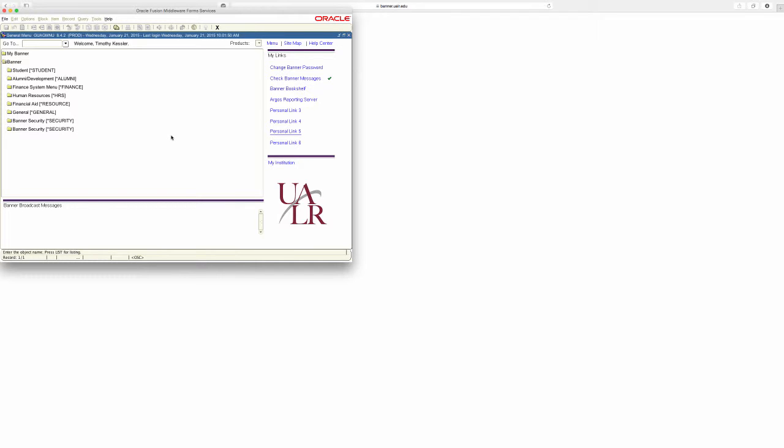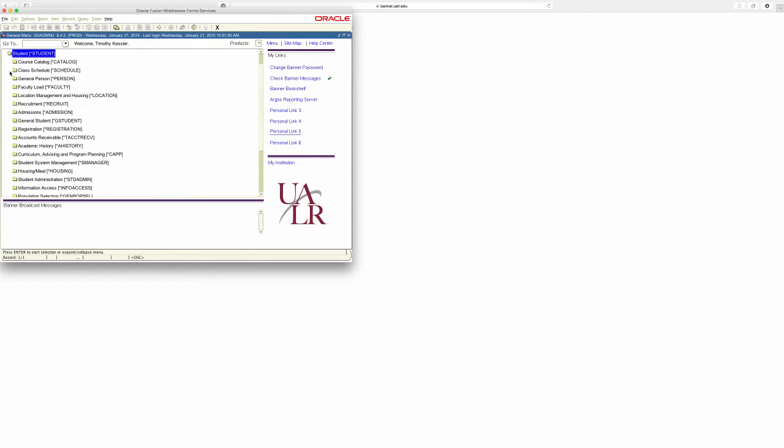Once you're in Banner, everything in Banner uses a 7-digit letter code. So as you can see, as we click on some of the student things, like general student information would be SGASTDN. You're not going to have to worry about any of this, but this is just showing you how this works. The screen that you're going to want to go to is